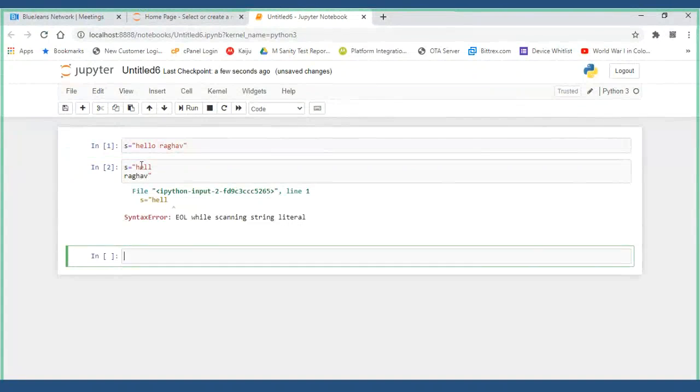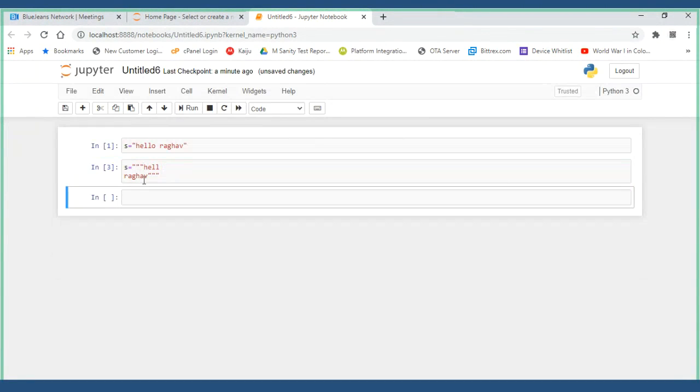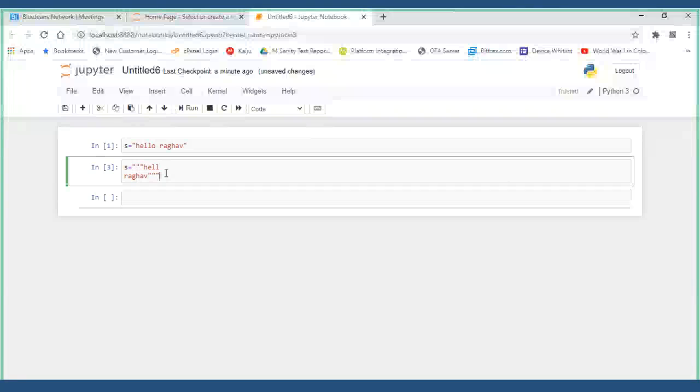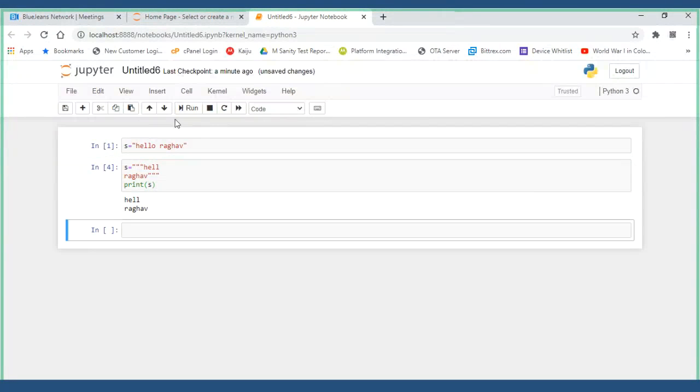For that we have three quotes. I have to go here and delete this, and go here and delete this. Now I don't have any issues. It takes the new line without any issue. Print, yes.